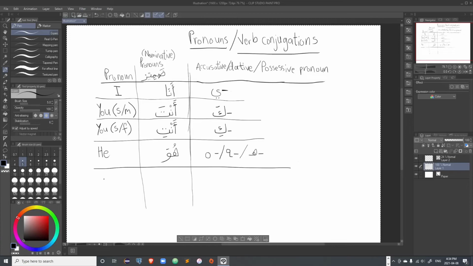After that, we have she. It begins with the same letter, but instead of huwa, it is hiya. As if you're saying haya, but with an E, I believe. Hiya. And the suffix in this case will be